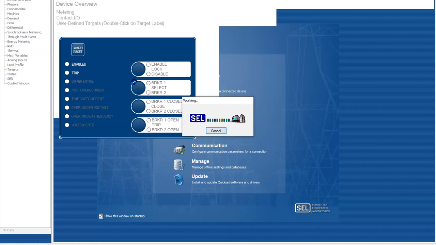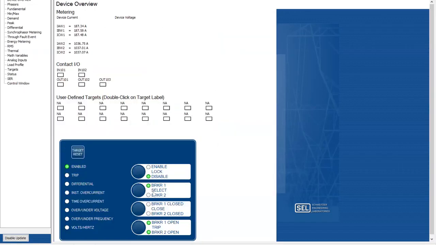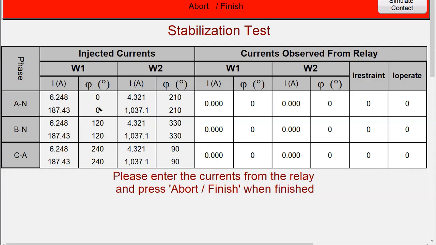Okay, so it's opening up the HMI for your Schweitzer relay so that we can look at the metering data. So let's go back to what we're injecting here. Based on my taps, this is what I'm injecting: 6.2 amps on winding 1 and 4.3 on winding 2, right? And we expect these currents on the primary that I need to be reading on the relay with